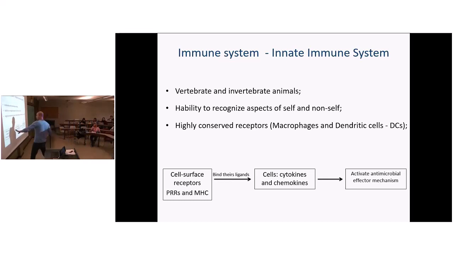Cells, once they bind to some of those and recognize them as, for example, non-self, promote a cellular response and also a humoral response. When I say humoral response, it's like cytokines, chemokines, antibodies, everything that is a molecule that can be produced by some of the cells. Cellular response is when you have the actual cell going there, and for the most part, they kill something by engulfing and killing and so on.